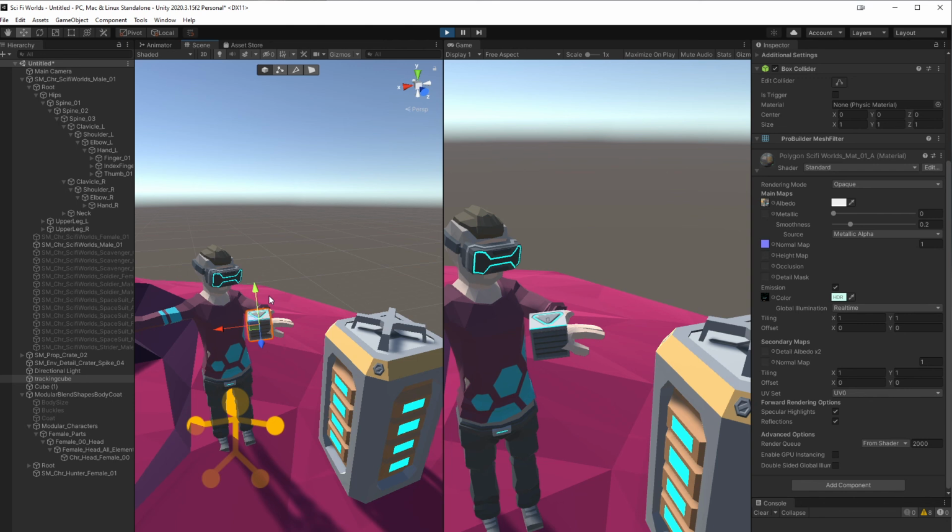So adding IK on top of your existing animations can turn things like a lean, a push, a hit, and make them feel a lot more natural. But for now,